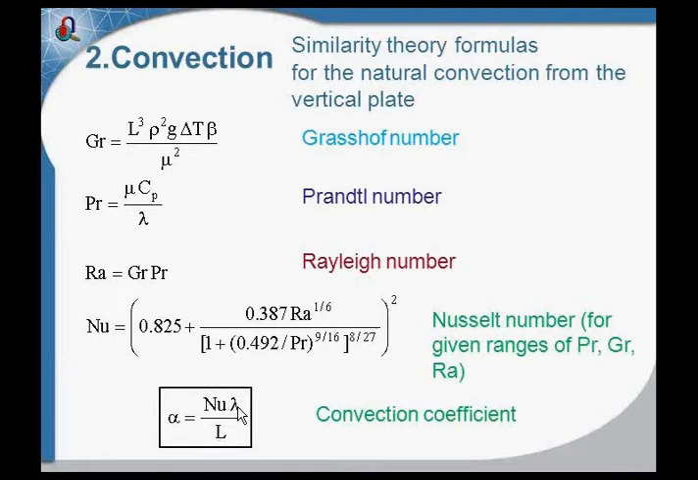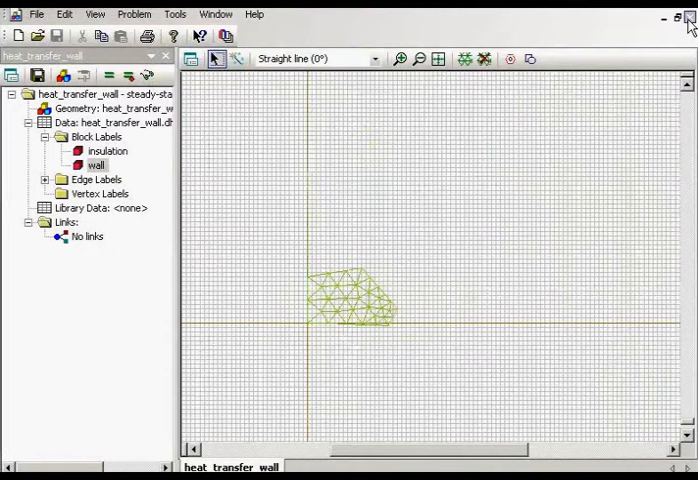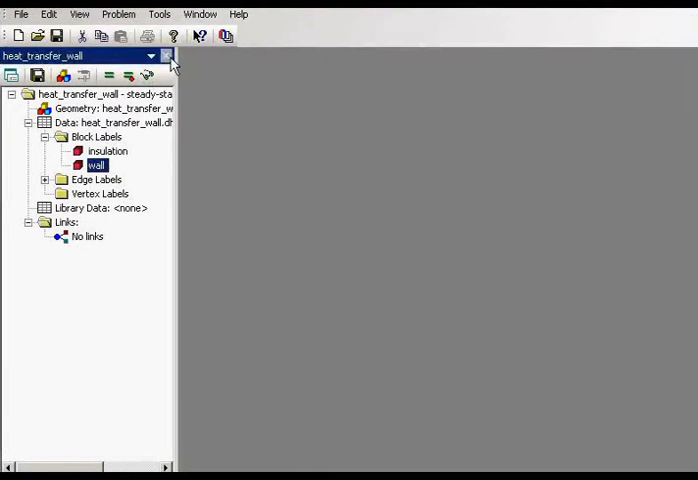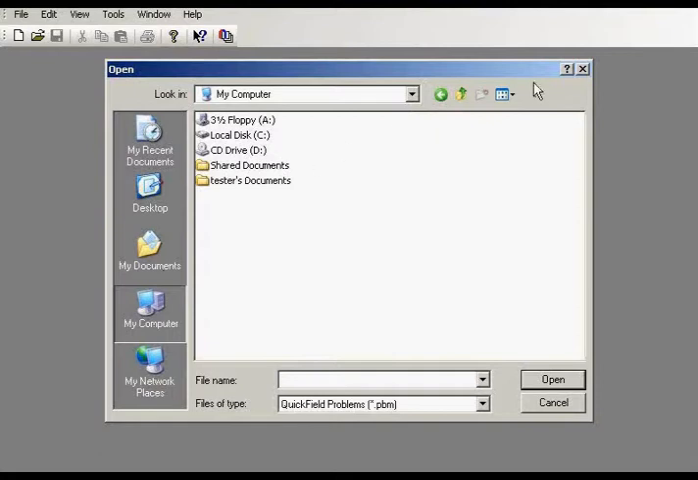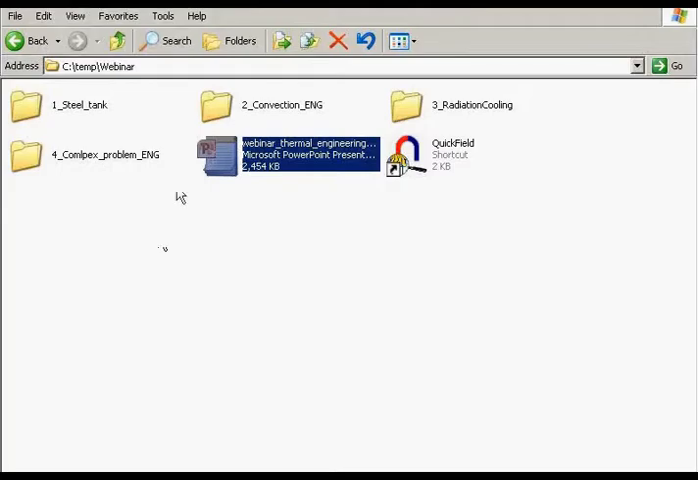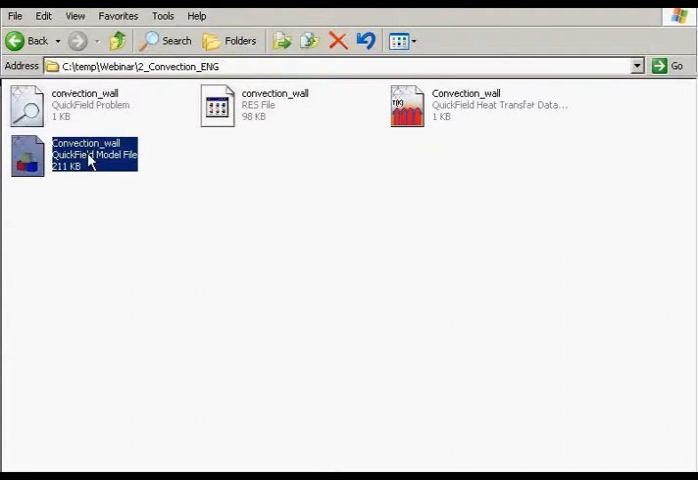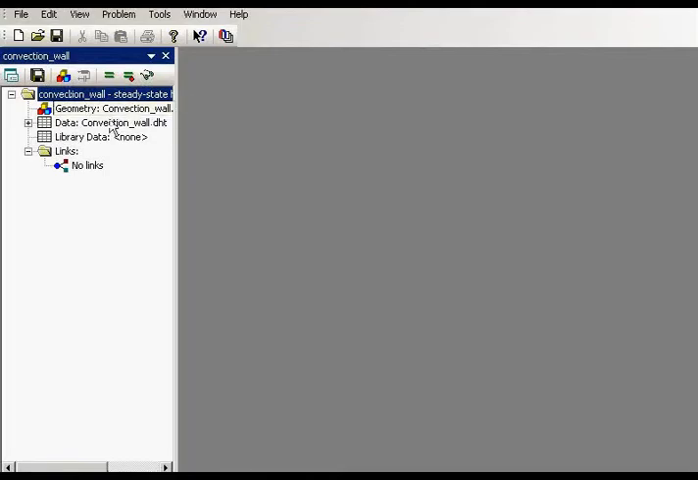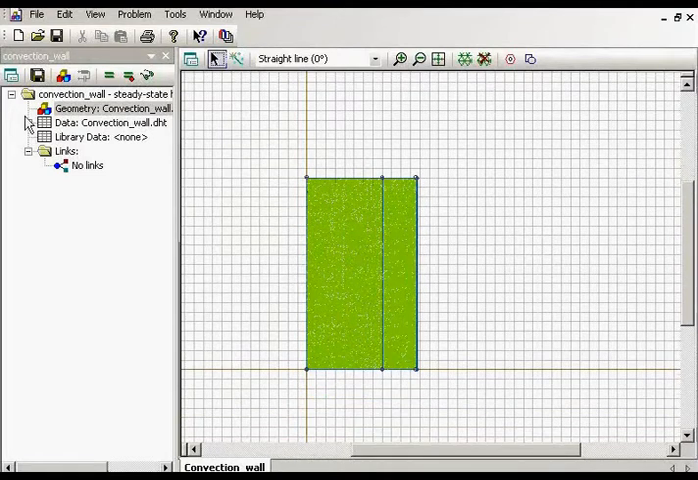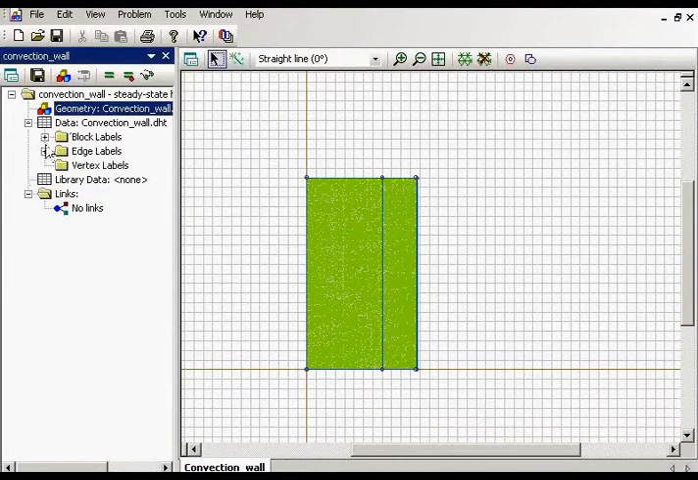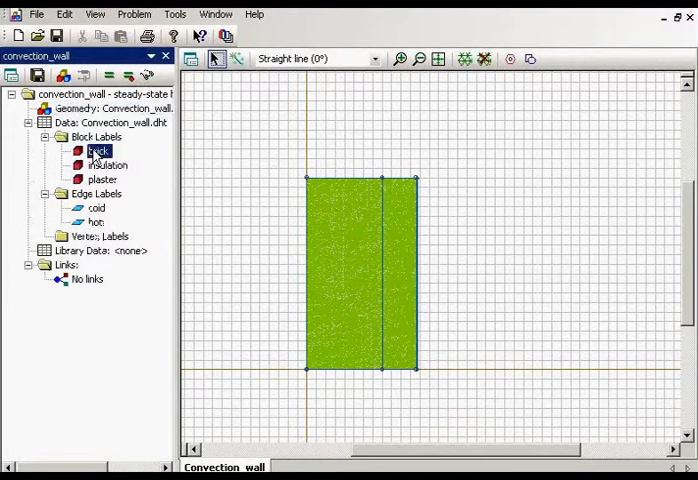Okay, and let's take a look at the settings now. I close the previous problem and let's do this one. And I open my problem finally. And that's my geometry. Indeed, there are 3 layers here. It's a brick